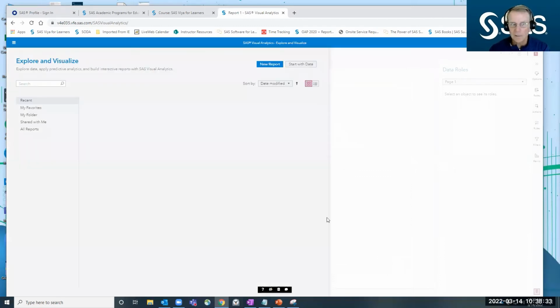Then I'll click close. Now, I know the data set that I want to work with. This is actually a marketing data set. So this is a fictitious bank. And what the regulators do every year is, depending on the size of the bank, there's something called